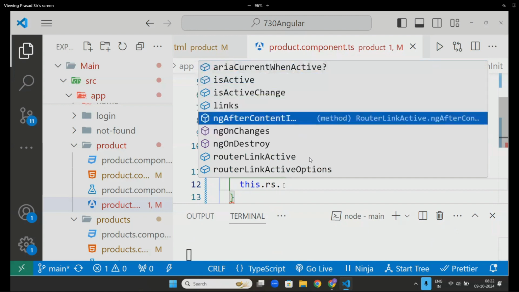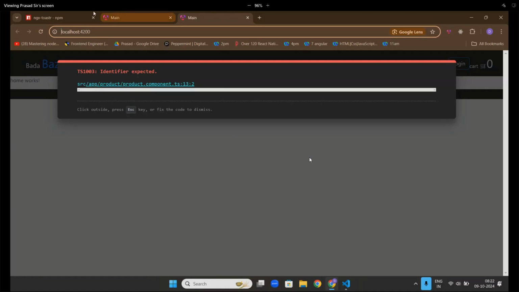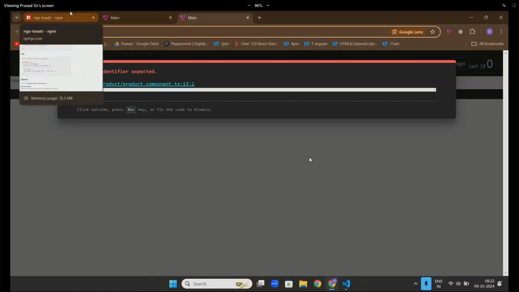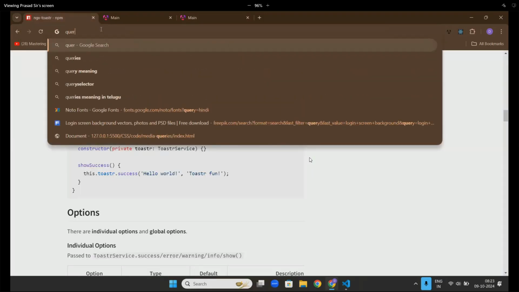Sir, why are you using href instead of router link in the product page? Understand it. If I use router link instead of href, it will go into the same page. I wanted to open it in a new page. That's why I used href. Nothing happens in that. Now here, query params.